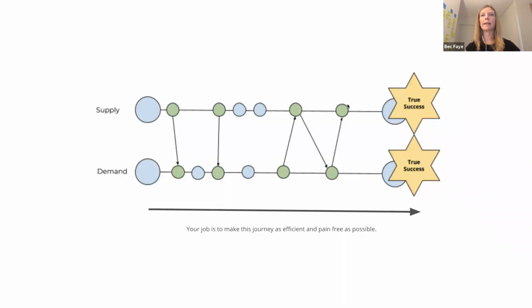Now, what you'll find is that along that journey, some of these interaction points are higher risk, meaning there's a high potential that something could go wrong at that particular point. That could be an interaction between these two people. For example, in the case of Airbnb, the request to book functionality means there could be a delay from the host actually accepting the booking. If they take too long to get back to the person, that interaction will essentially just fail.